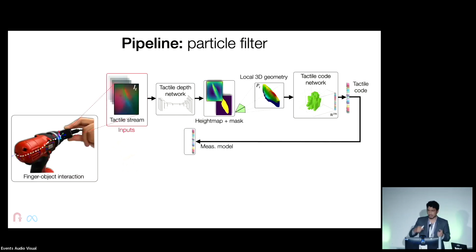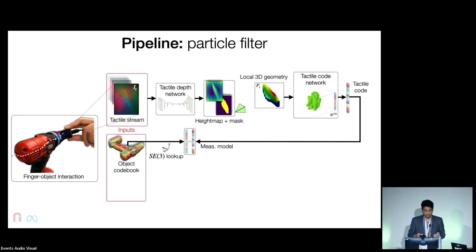So once we have this, for each image we get a resultant embedding. And with this pre-generated codebook that I just showed you before, we can essentially do this cosine similarity across a vast number of particles, which can scale for a particle filter. And once we get this likelihood,